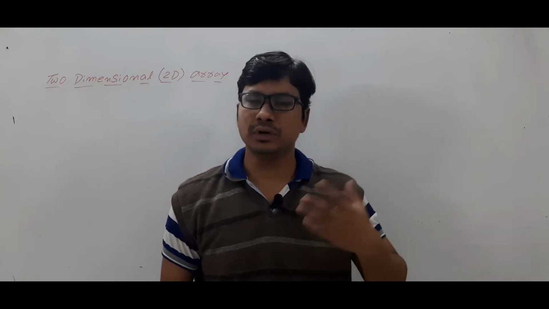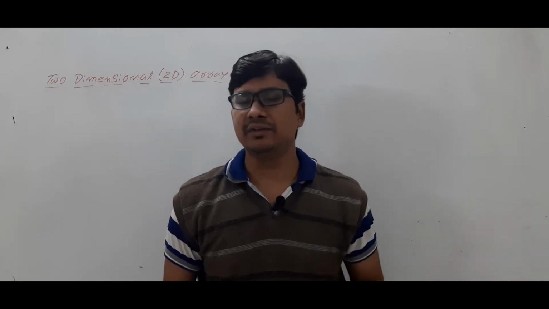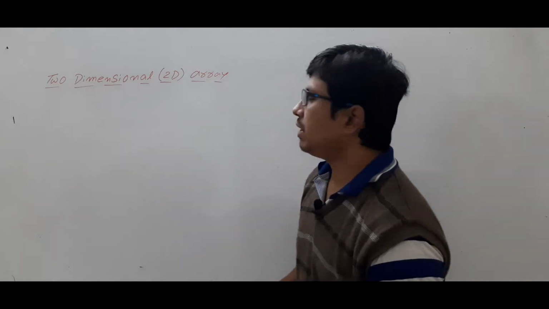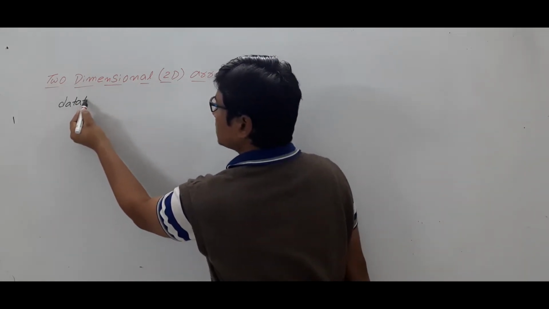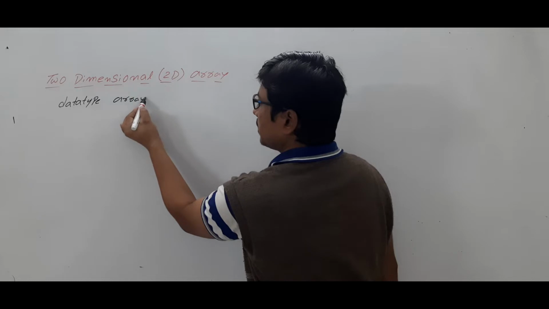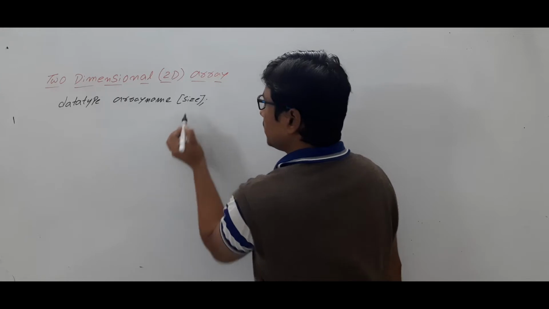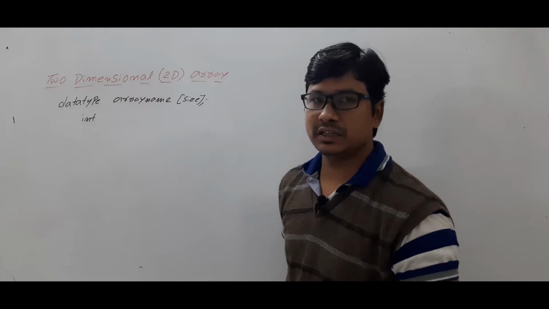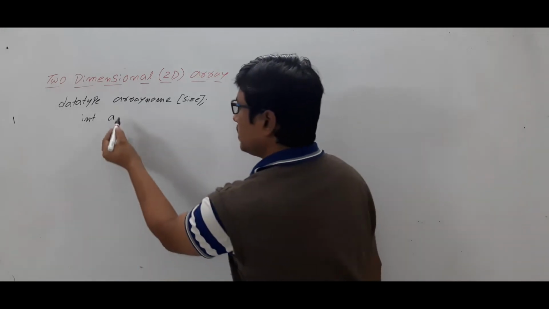Now let me discuss a two-dimensional array, its declaration and how it is different from a one-dimensional array, and then I will discuss how to initialize the elements in the two-dimensional array. When we discussed a one-dimensional array, we said that it has a data type, an array name, and a size. The best example is that the data type is int, so this array can store integer constants, and you will have the array name A